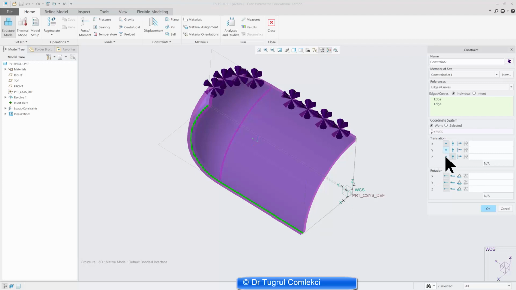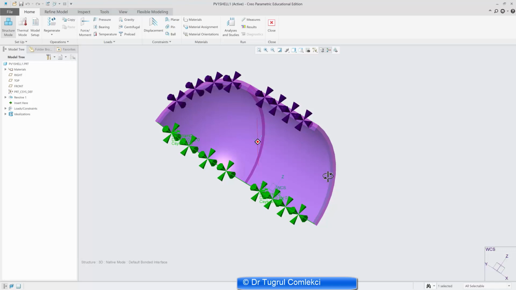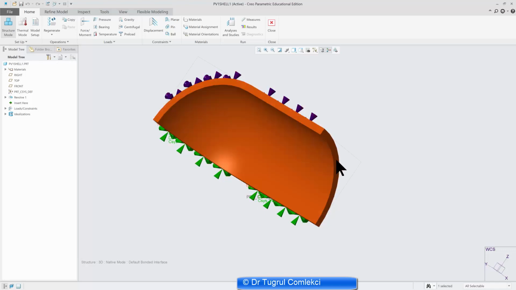So in terms of translation, they are fixed in Z. In terms of rotation, I need to make sure they are free to rotate in Z, but fixed in the X and Y. So fix X, Y, and free Z for the rotations. Press OK to that. So these are my symmetry boundary conditions on these two edges of the shell,